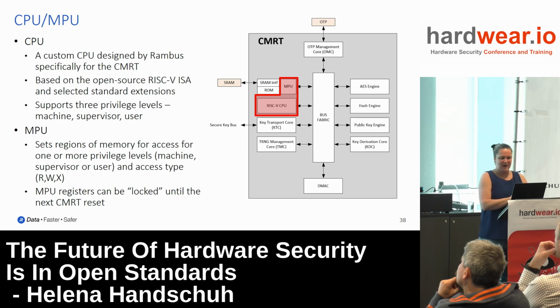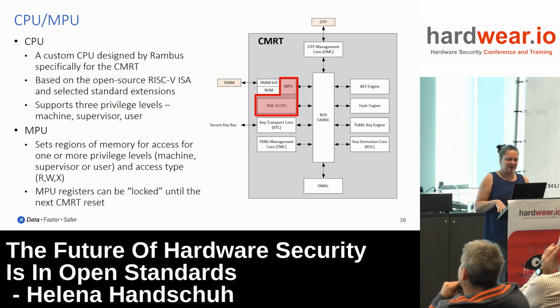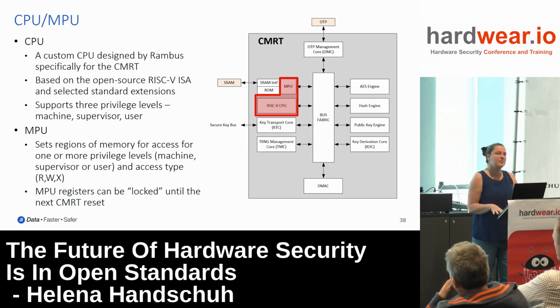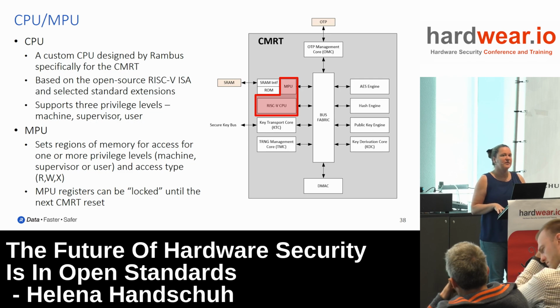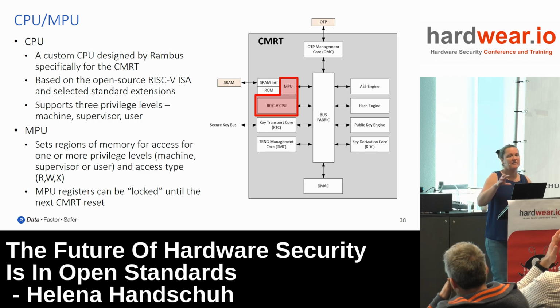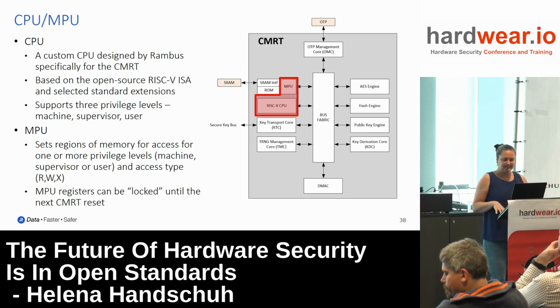All right, so how does this work? You have a CPU, a central processing unit, and a memory protection unit. We took the approach to base it on RISC-V because RISC-V is an open instruction set architecture. It's published openly. You can download the specs from the Foundation's website, and if you implement this instruction set, you're actually compliant with other implementations out there that are trying to work off of the same instruction set. And so this gives you an ecosystem in which you can play.